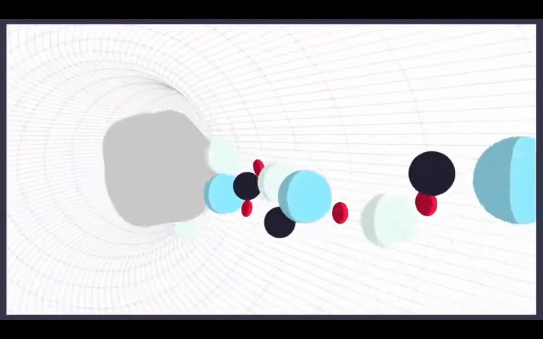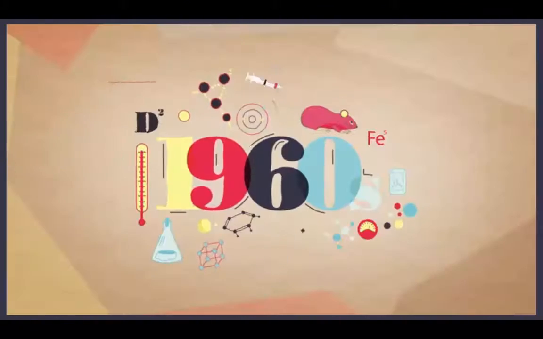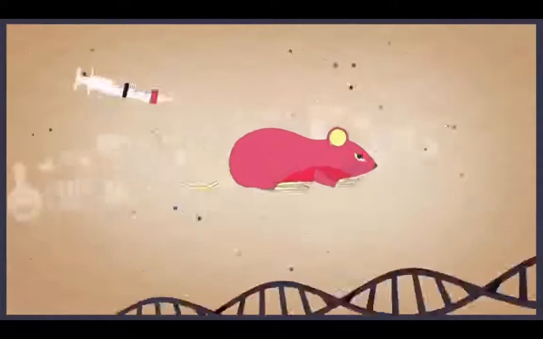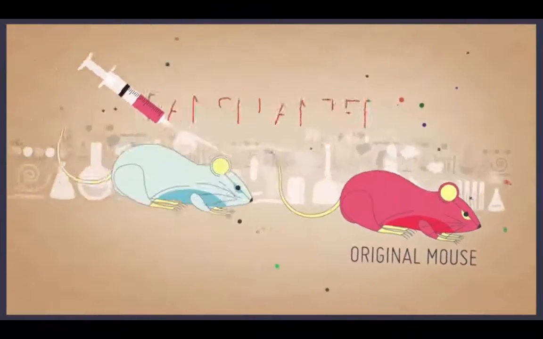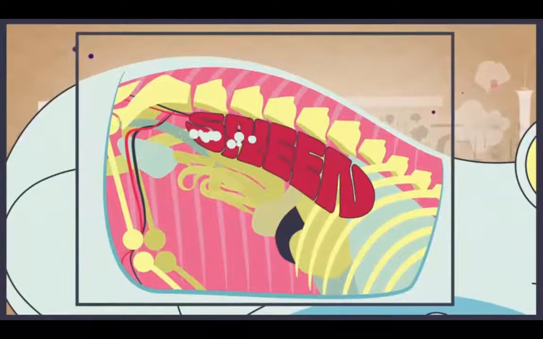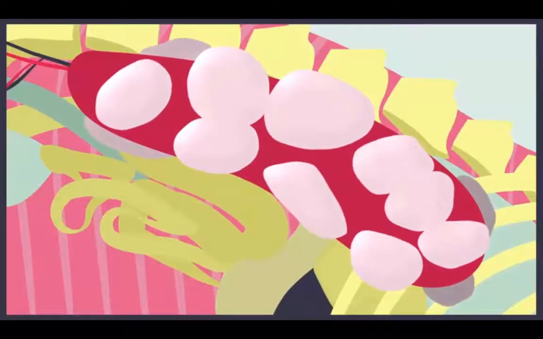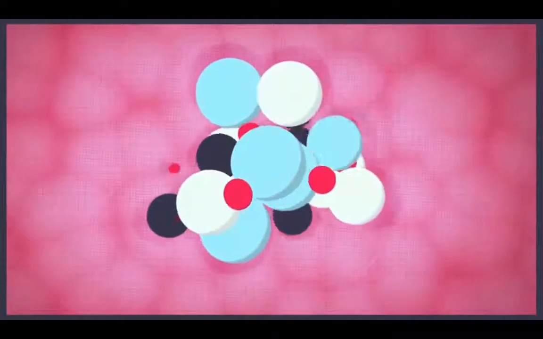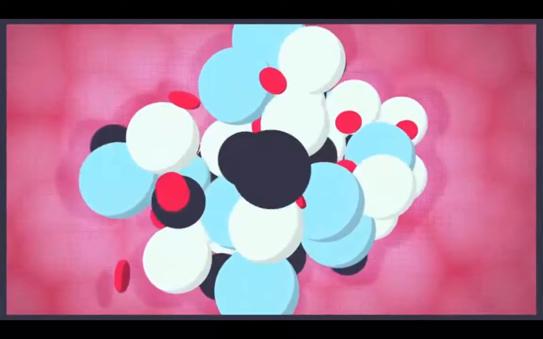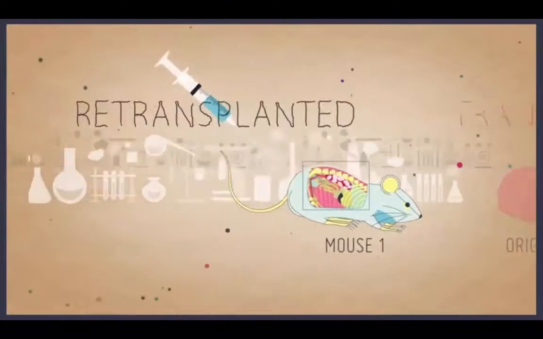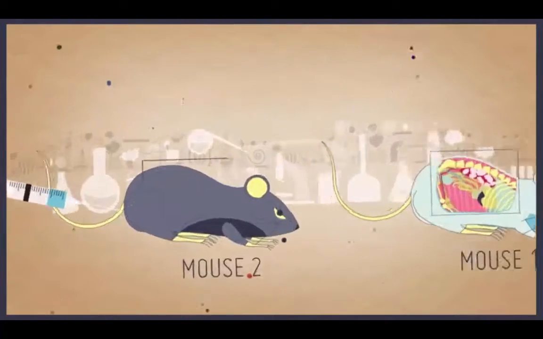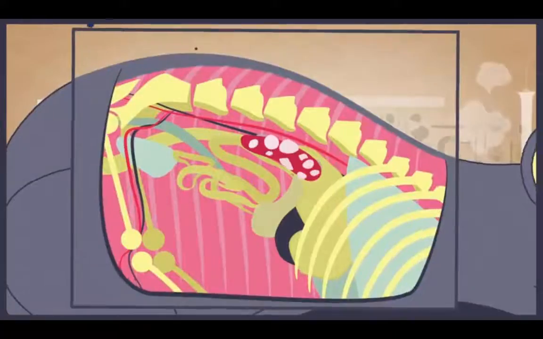Bone marrow contains many different types of cells, several of which have specialized roles in the blood. In the early 1960s, it was shown that if bone marrow was taken from one mouse and transplanted into another, rare and specialized cells could travel to the spleen where they would divide and form small colonies. These colonies contained a mixture of different blood cell types. Incredibly, when these colonies were removed and retransplanted, these rare cells formed new colonies in the spleen of a second